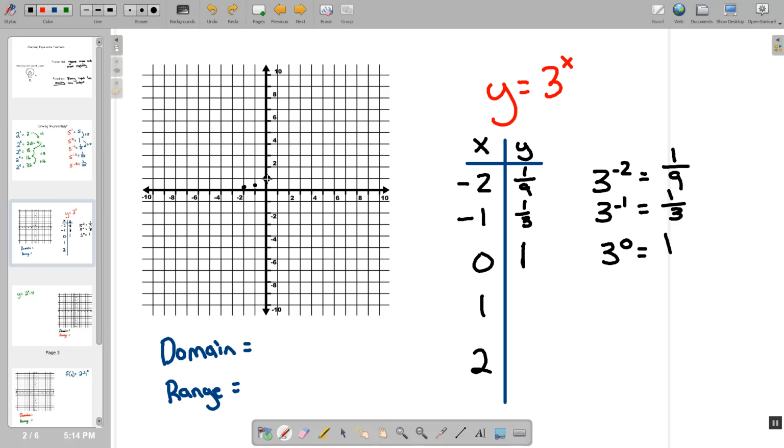And now we're starting to see a little bit of a curve happening right here. 3 to the first power is equal to just 3 here. Now we're getting that steeper rate of growth. And finally 2 ends up being 9 because 3 squared is equal to 9. And now we're seeing